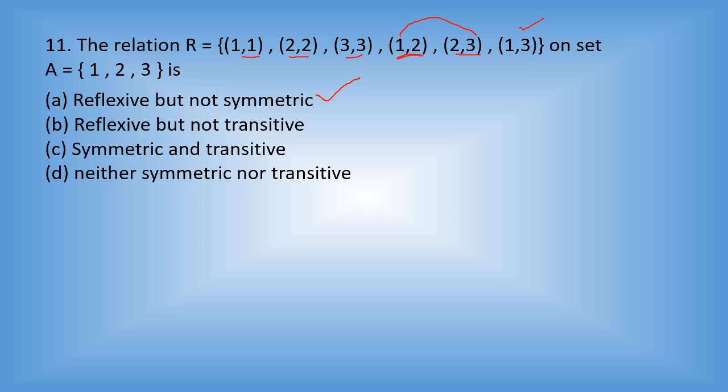There is no other choice here. If I take (2, 3) and (3, 3), again (2, 3) belongs. Clearly the relation R is transitive. Therefore, this will not be the answer. Clearly C is also not an answer because this is not symmetric. And the fourth one is also not an answer here because the given relation R is transitive but not symmetric, while the option says neither symmetric nor transitive. Therefore, the correct answer will be reflexive but not symmetric. Therefore, the answer is option